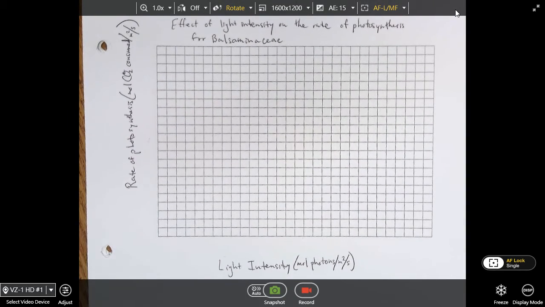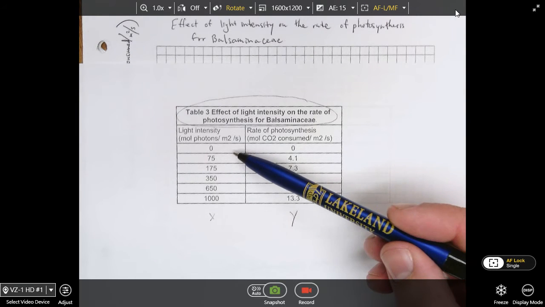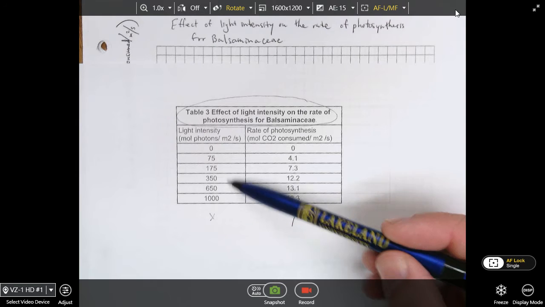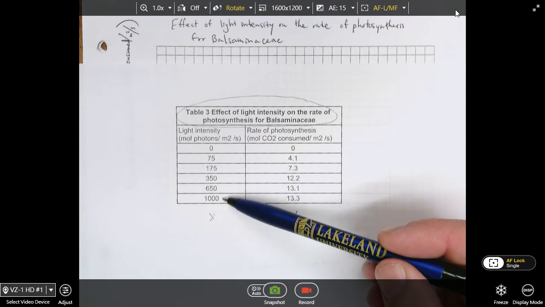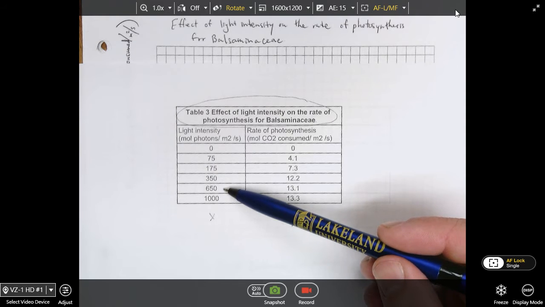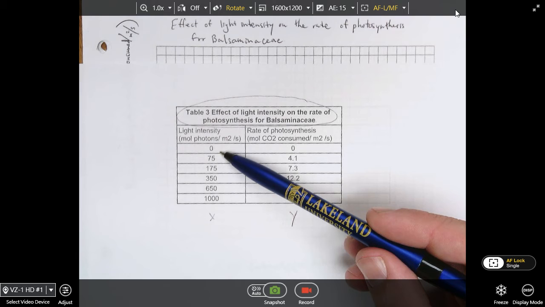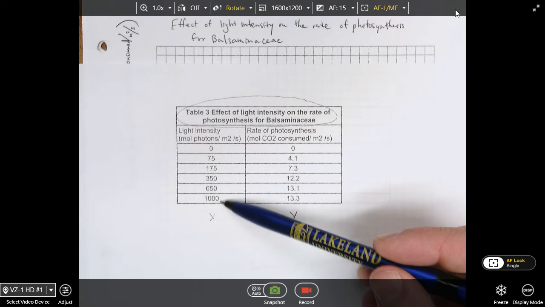So the next thing we need to do is figure out what scales I'm going to have before I put the data in. So let's take a look at this column. Now these are spread between 0 and 1,000. They're somewhat evenly spread as well. So I need to figure out how I'm going to spread across this whole data